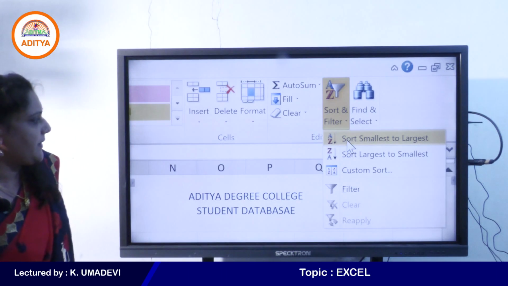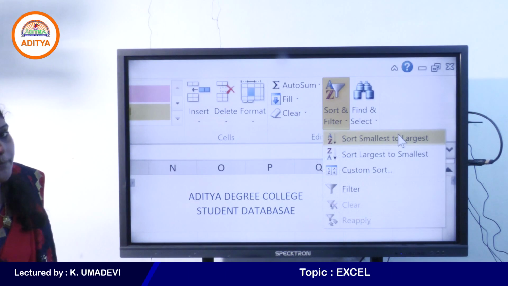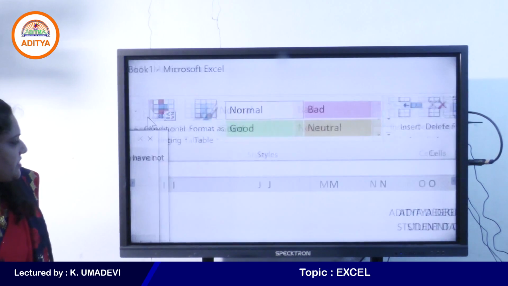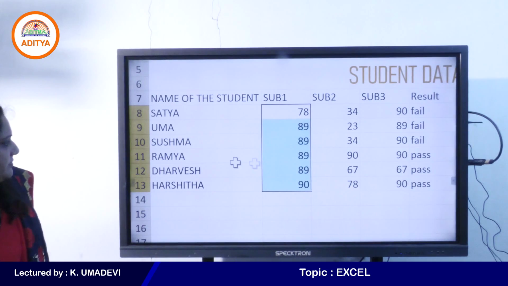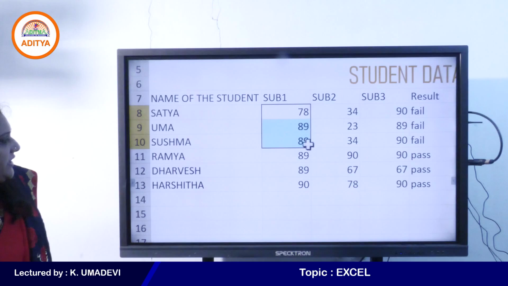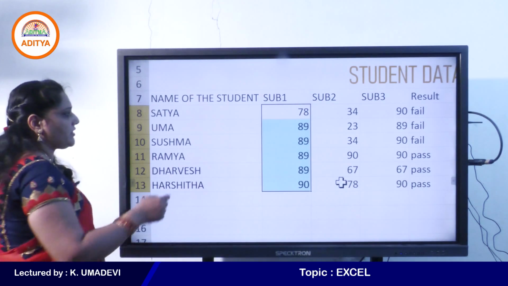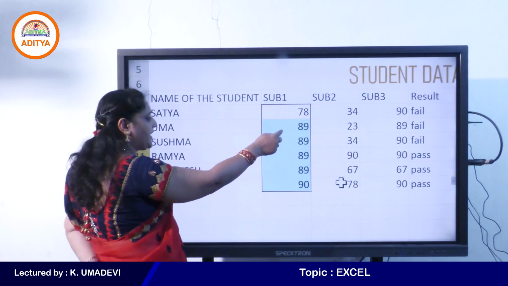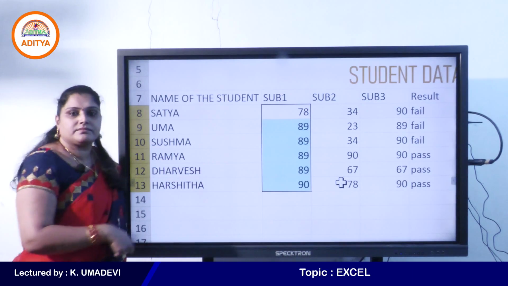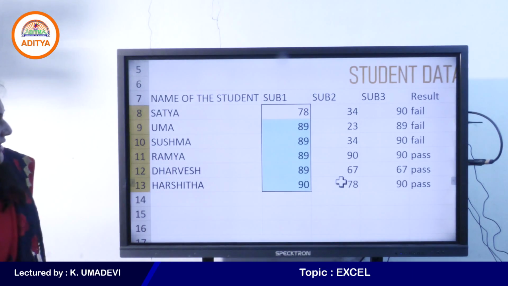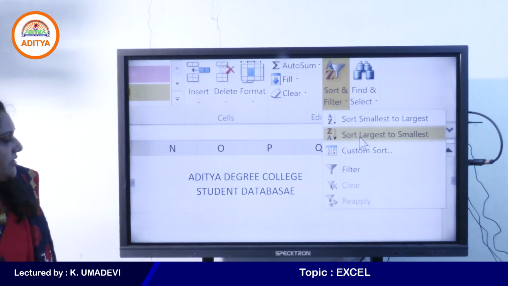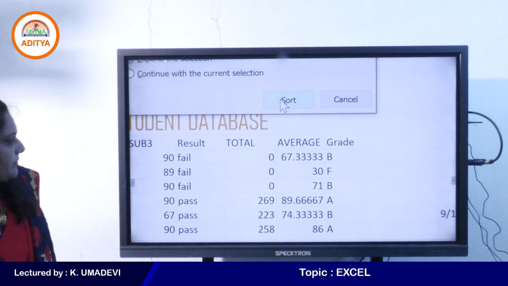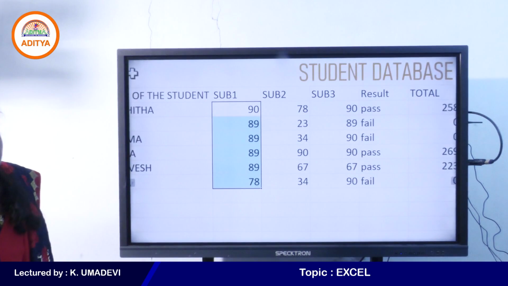So based on the data, it provides two options, ascending order and descending order. I click on sort. Okay, now the particular column data is sorted, right students, as 78, 89, 89, 89, 89 and 90. If you want to sort it in descending order, again go to sort and filter drop down arrow, sort largest to smallest. Clear?